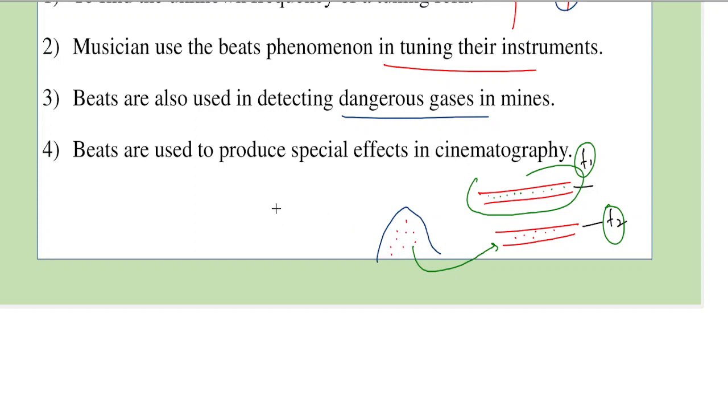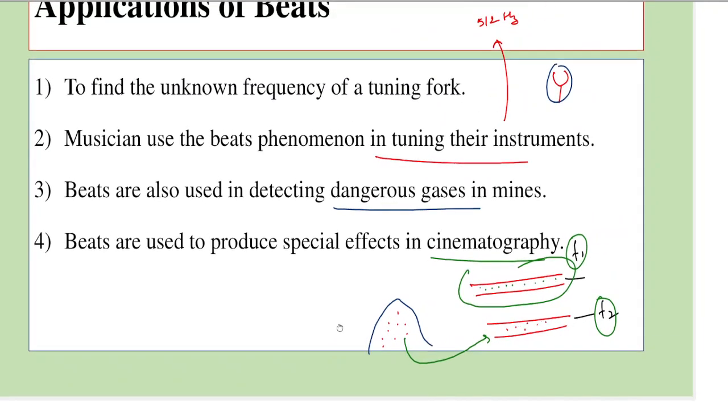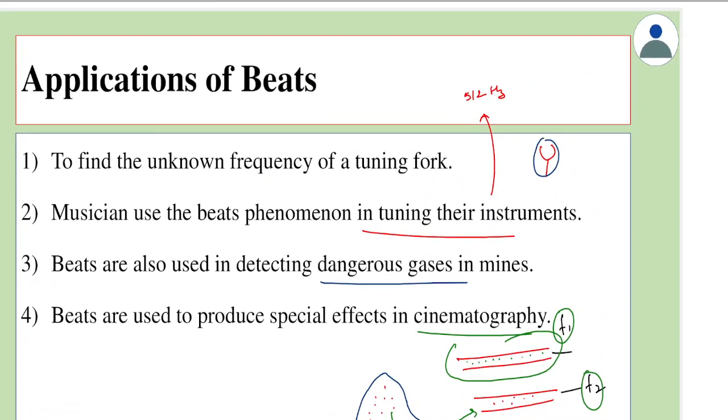Another use is that beats are used to produce special effects in cinematography. There is no need to understand how it works. Just remember the basic uses of beats. Out of these, the most important is to find the unknown frequency of a tuning fork, where there will be numericals based on